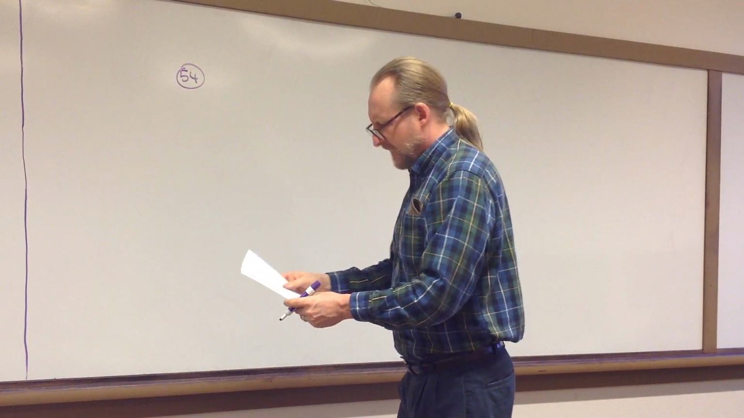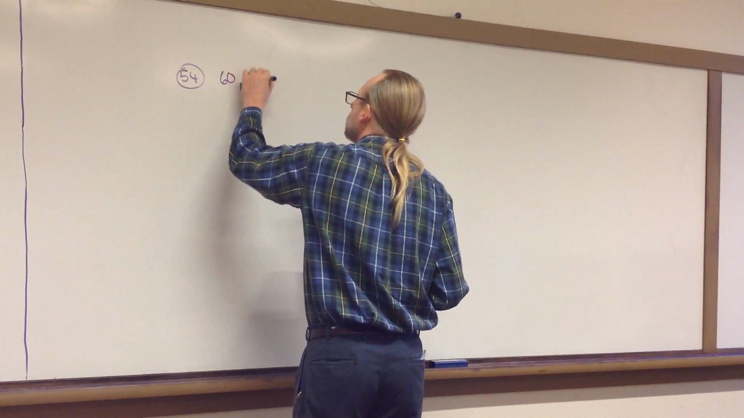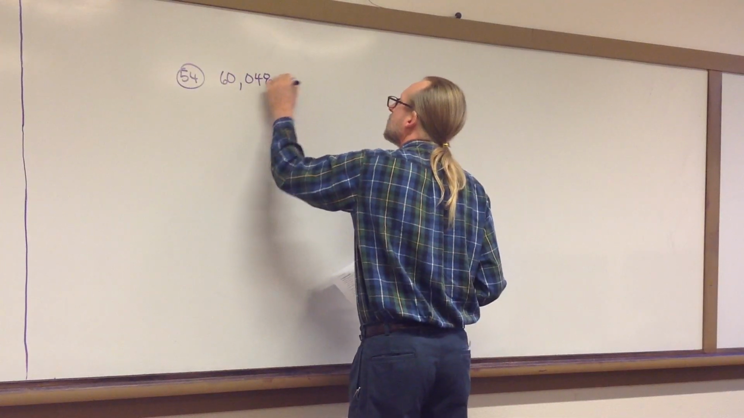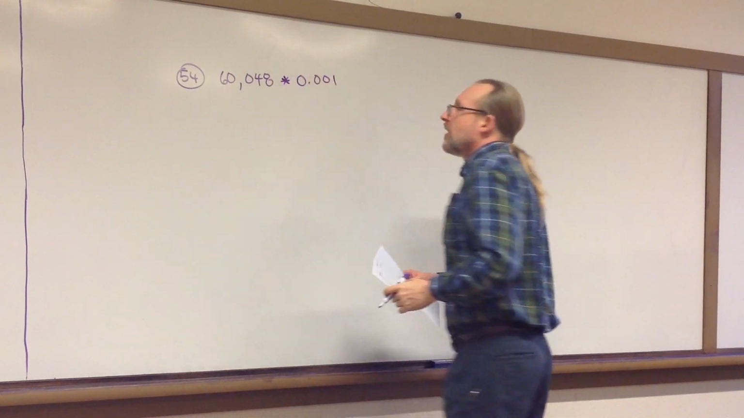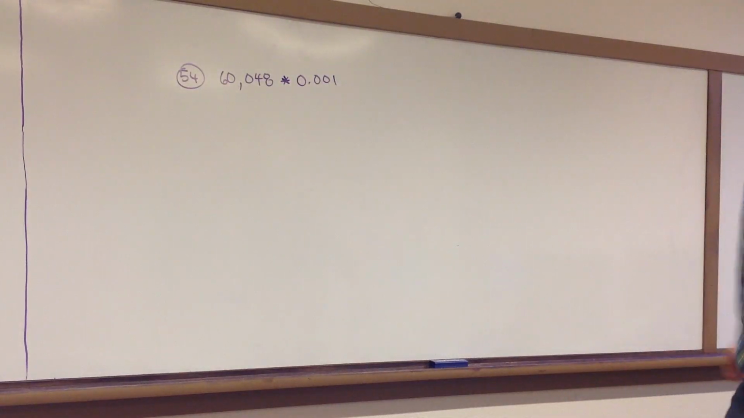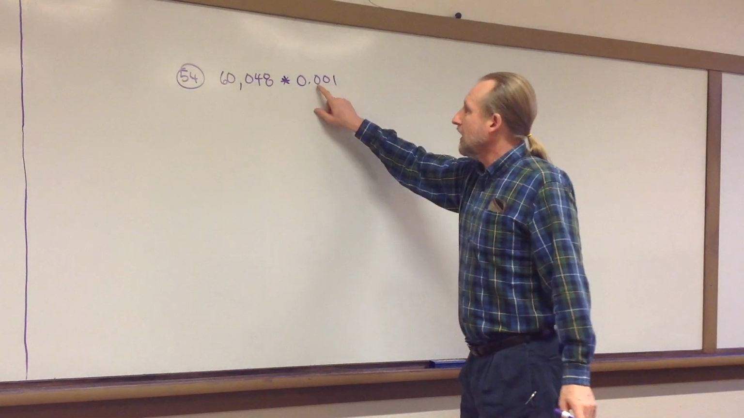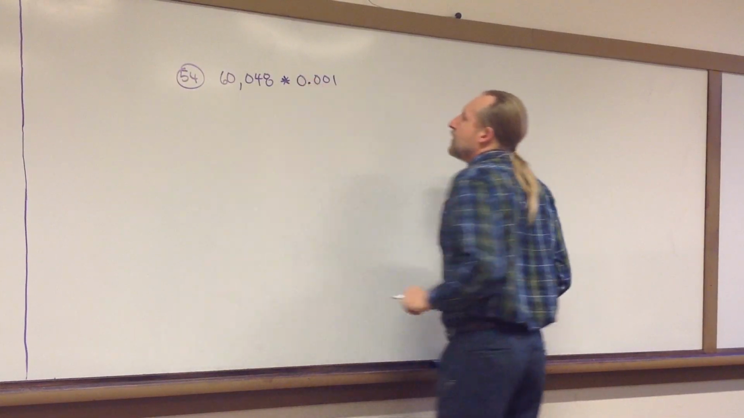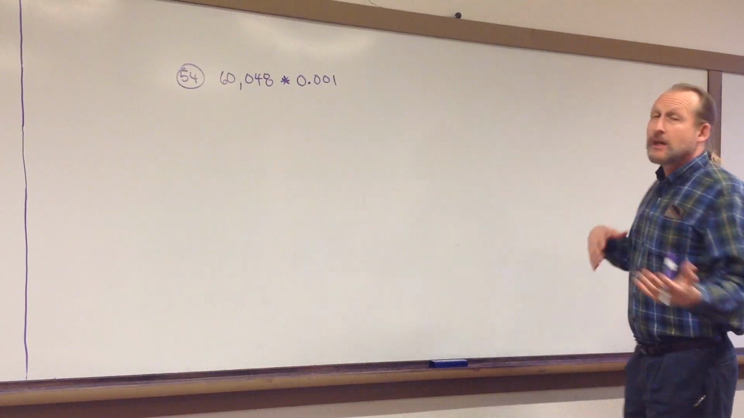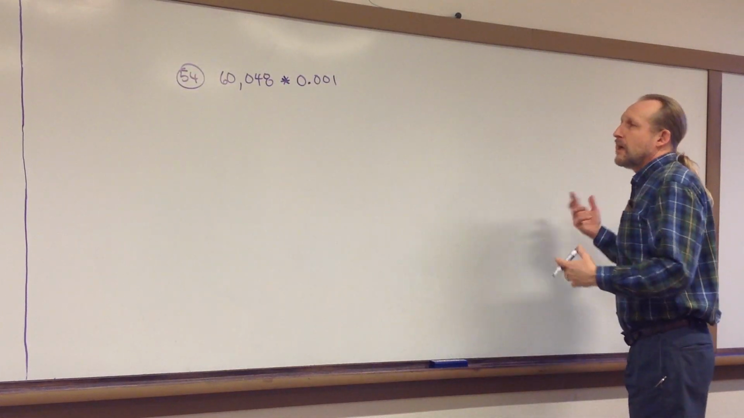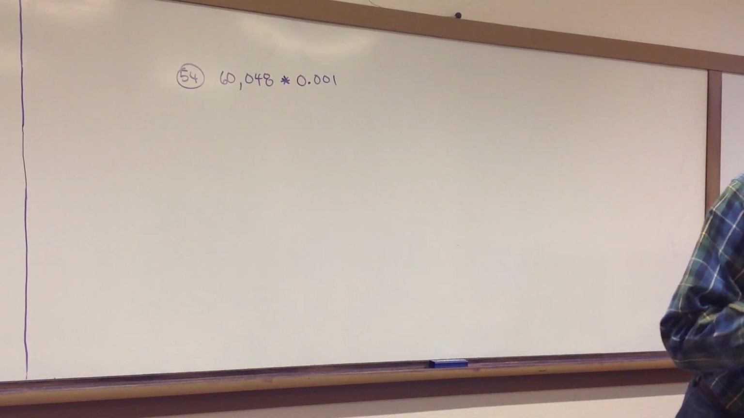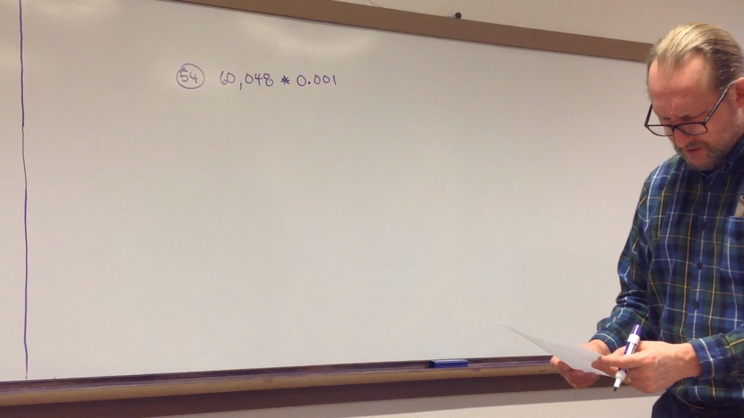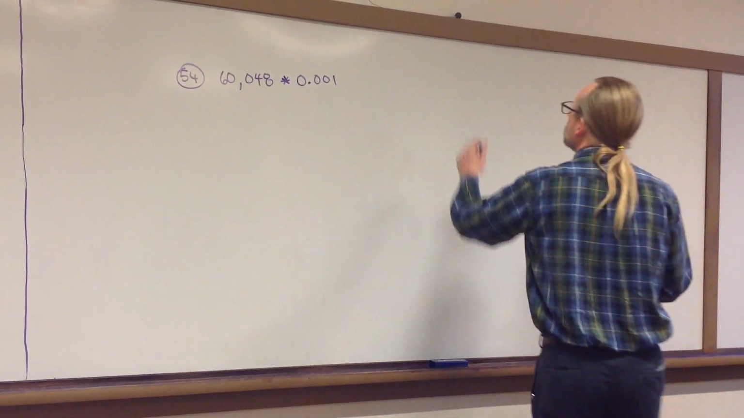Problem 54, 60,048 times 0.001, or 1,000th. So that's going to move this decimal point 3 places. All right, 1, 2, 3, that's one way to think about it. So I said a minute ago that if we were to multiply by a number that's bigger than 1, right? Let me pull up an example here off of the assignment. Let's see, do we have one here? Sure, okay, problem 62